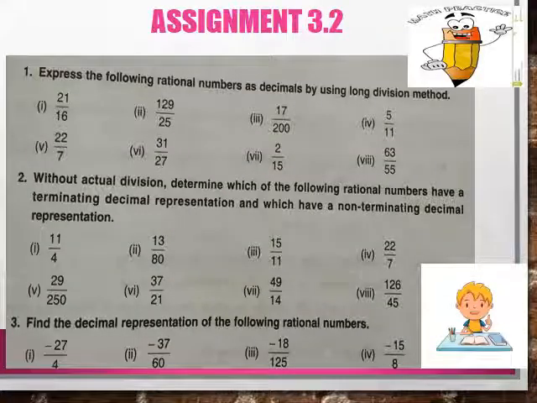So dear students, today we have learned how to find the decimal expansion of non-terminating rational numbers by using the long division method, how to put the bars on it whether it is a single digit or a block, and then, by mere observation of the denominator and factorizing it, whether it is a non-terminating or terminating decimal representation. Based on that, here is a small assignment for you.